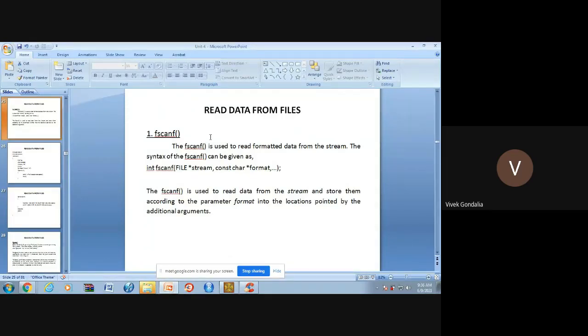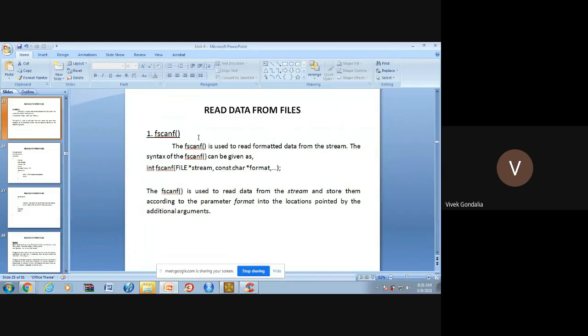If I use fprintf, it will write line by line. If I use fputs, it will write the data string by string. If I use fputc, it will write character by character. And if I use fwrite, it will take the entire structure or entire array of your data and write it into your file.